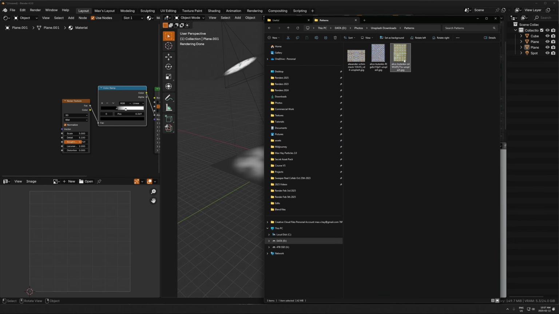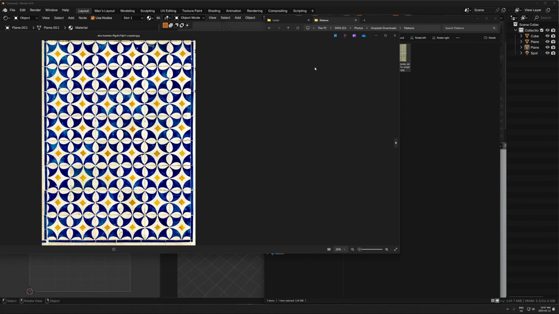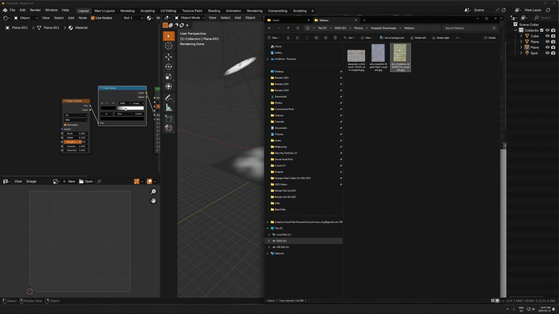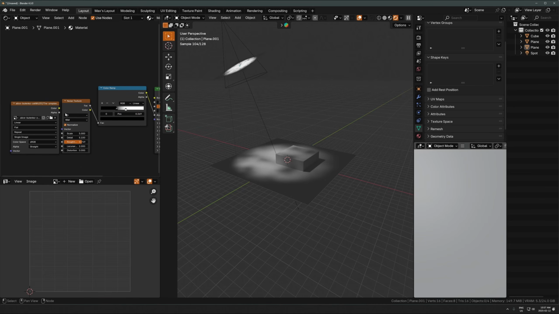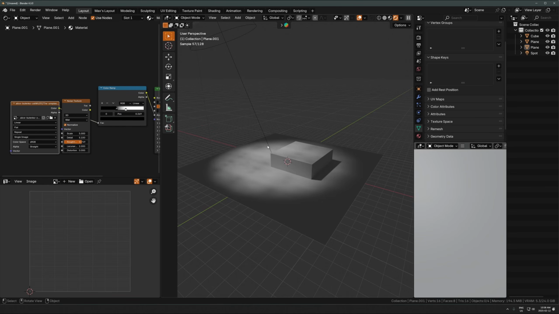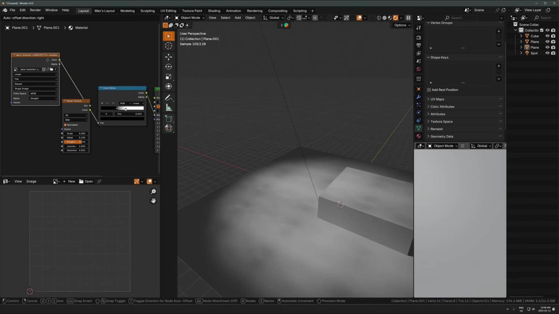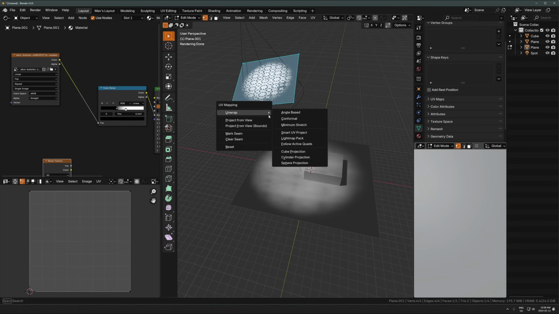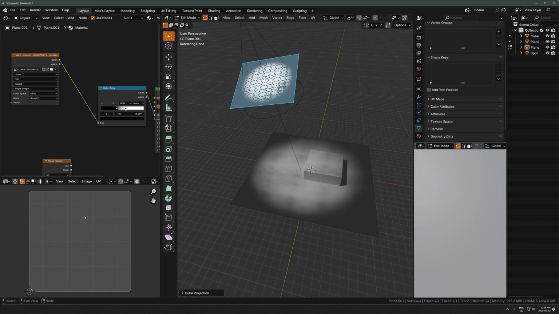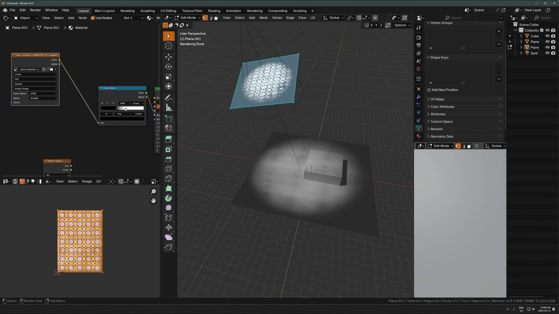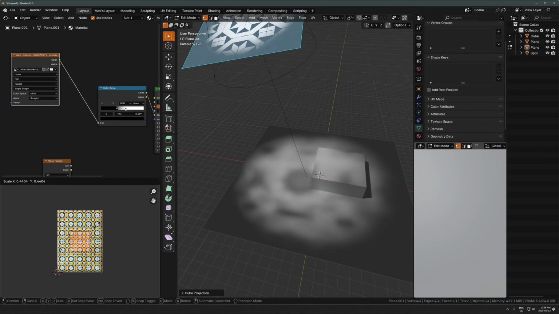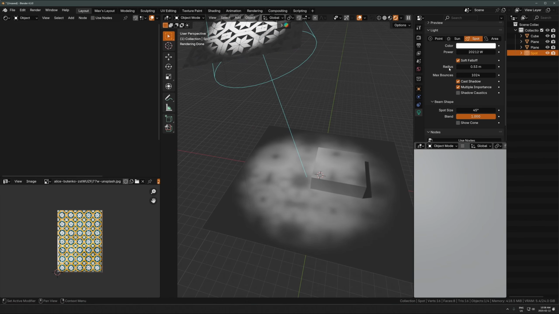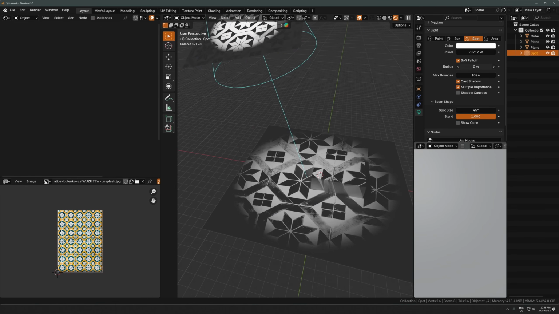Sometimes what I'll do as well is just take some weird image I downloaded. Like I'll take some image of tiles or something that I got from, I think this is just from Unsplash, and I'll drop that into the shader editor and plug that into this. Then you can do something like, let's just unwrap the plane. So just unwrap cube projection, and then let's do that again so it does it properly. We can scale this to whatever, and then I'll adjust the radius of this light